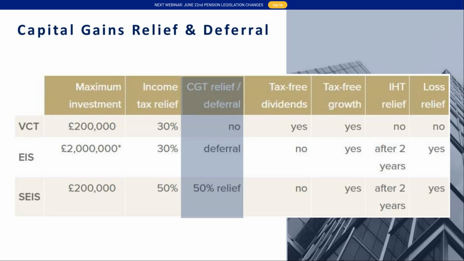What this essentially means is that in this example, we've got a capital gain that we made 2 years ago, for instance. We've sold down a few shares. We made a capital gain of £50,000. What an investment in, say, an enterprise investment scheme would mean is that you'd be able to defer that capital gain for the lifetime of your investment into an EIS.